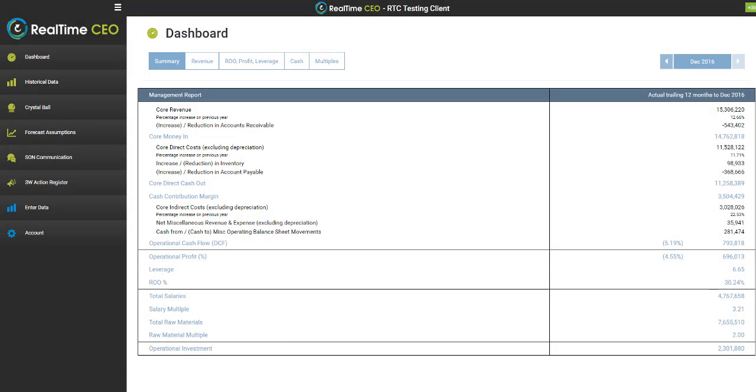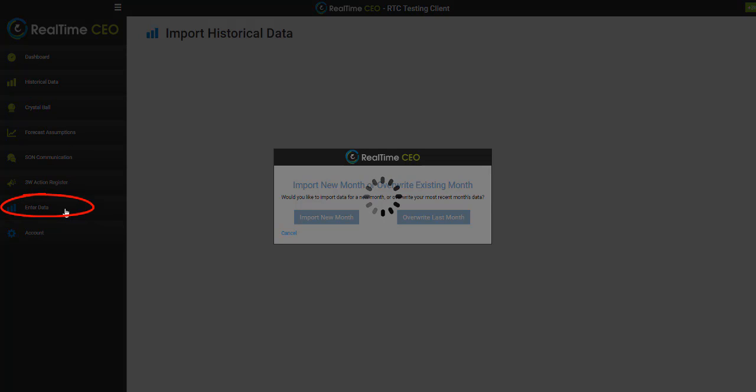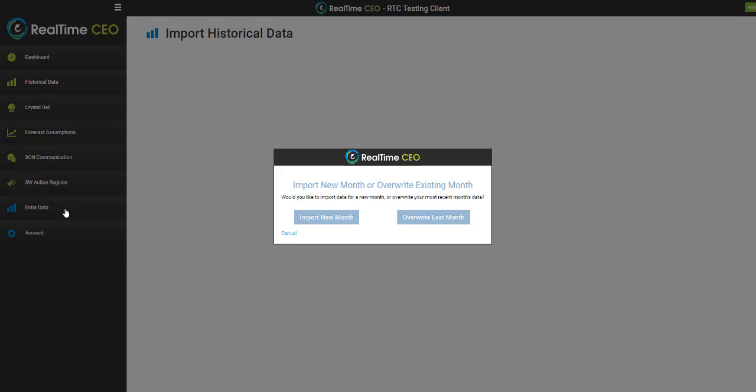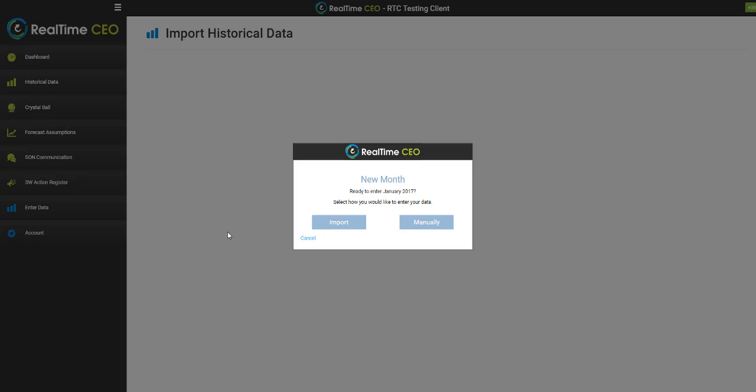To enter a new month of data, select Enter Data, and you then have a choice of importing the new month or overwriting the last month. I'll come back to overwriting the last month shortly. To enter a new month's data, select Import New Month, and you then have the same choice that you had